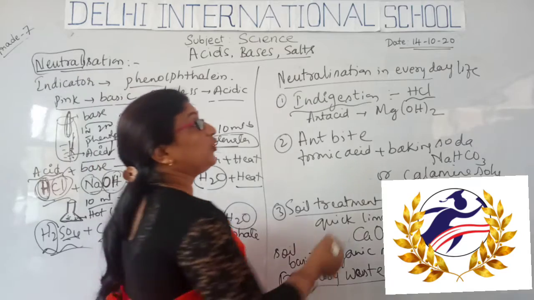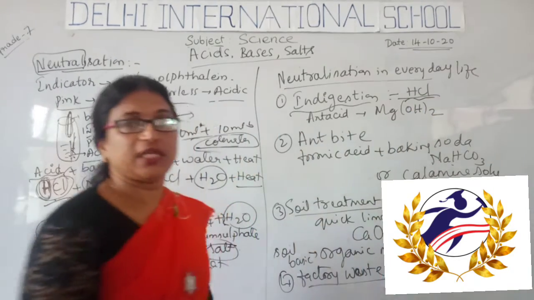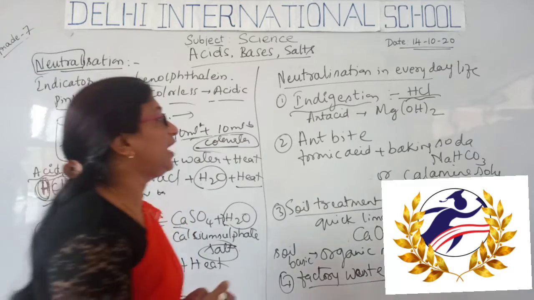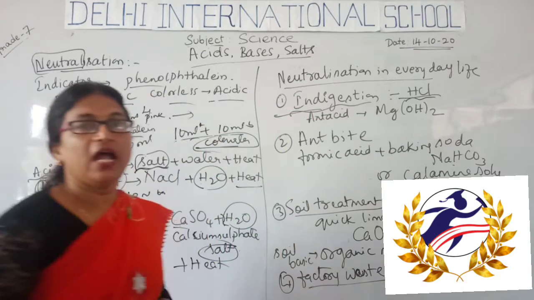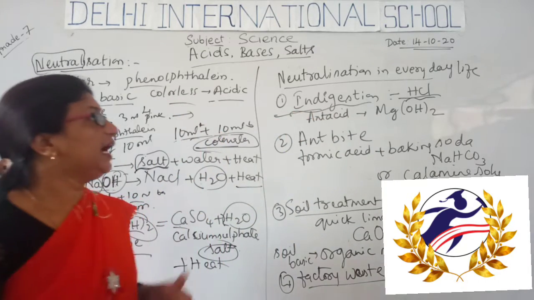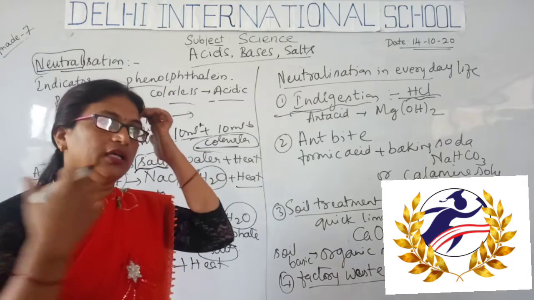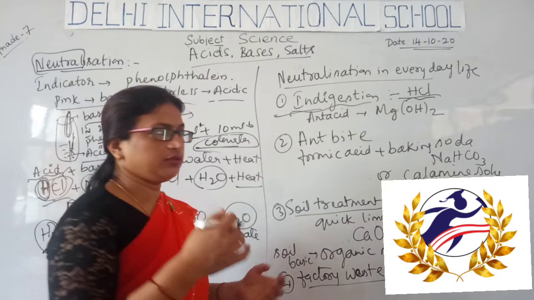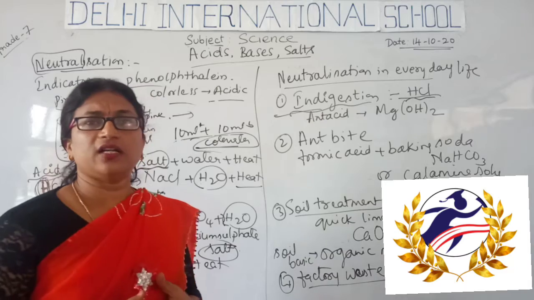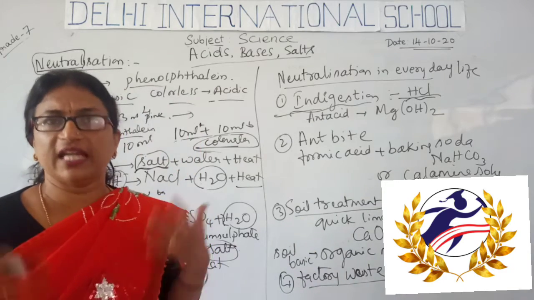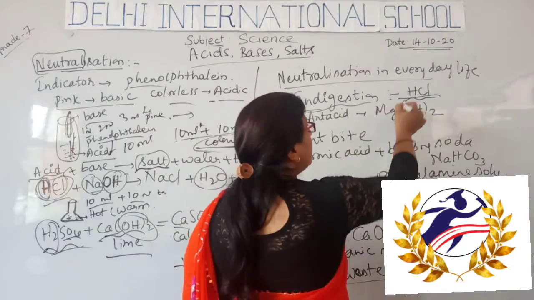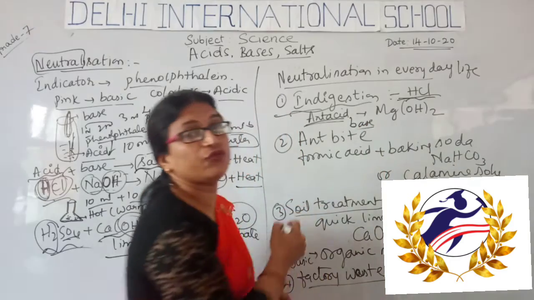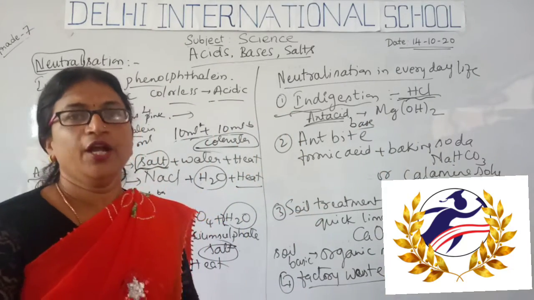But when a large amount of hydrochloric acid is released in our stomach, that causes indigestion and acidity. So then we go on drinking Eno, isn't it? And we make soda water and drink it. Why do we do that? Because the acid content in the body has increased. We have more acid content in our stomach. That's why we should drink an antacid, any base, to neutralize the effect of the acid,